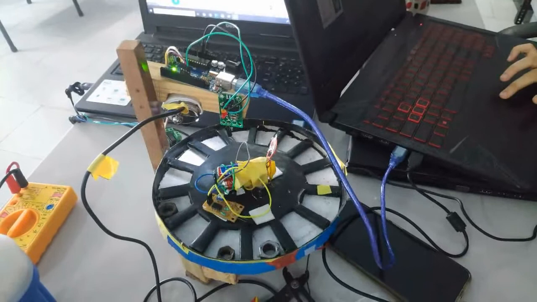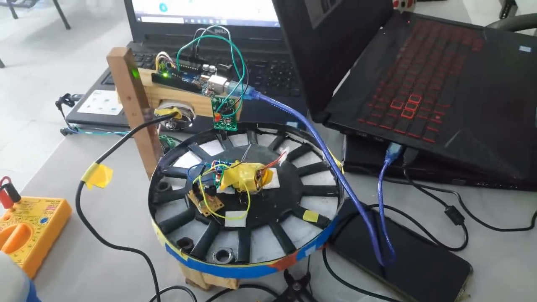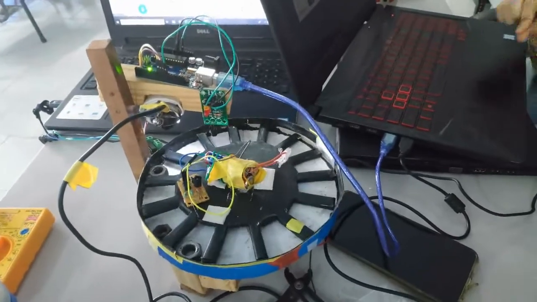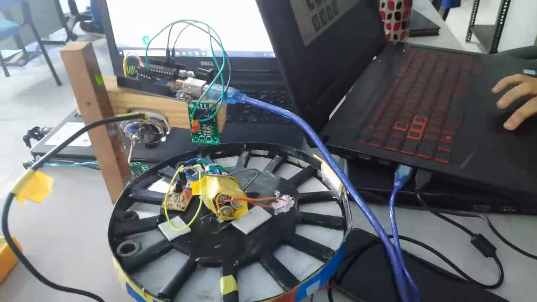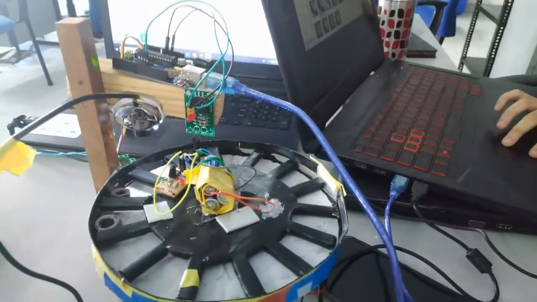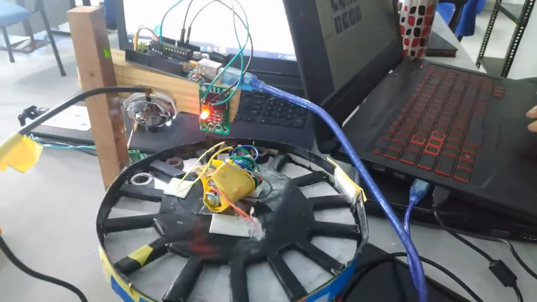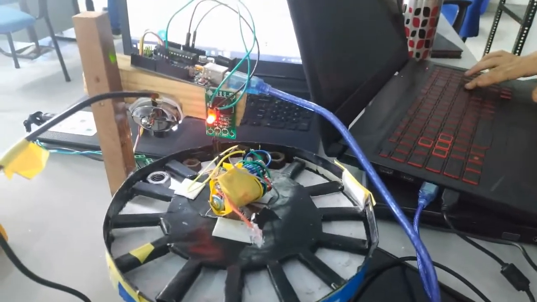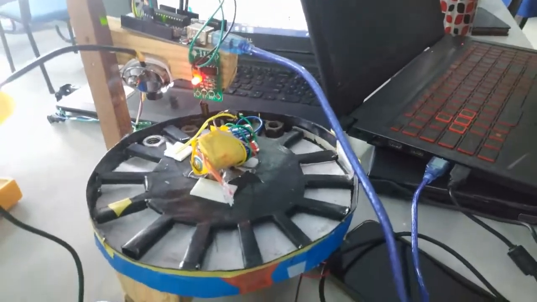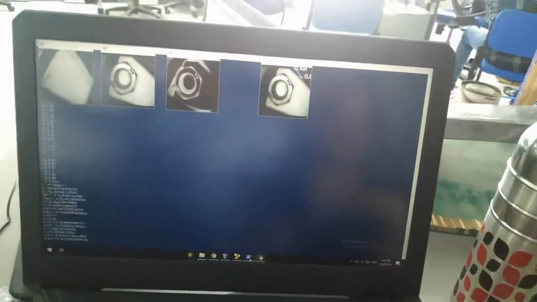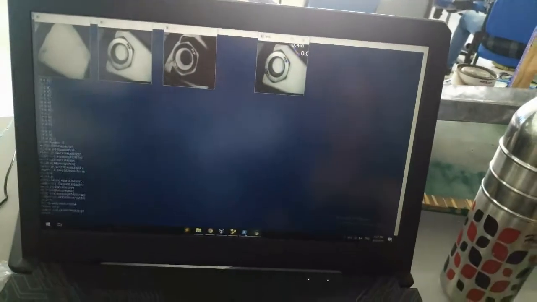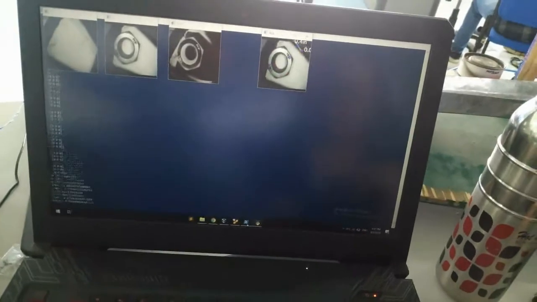So after the process of slot allocation, for the image processing part, we have a slot which has an IR LED, and when the IR LED encounters the photodiode, the diode detects it and the motor is commanded to stop, and correspondingly the camera is commanded to capture the images, and the dimensions of the nut are detected using the algorithm.